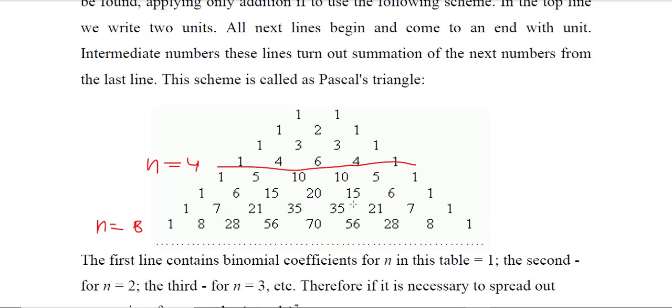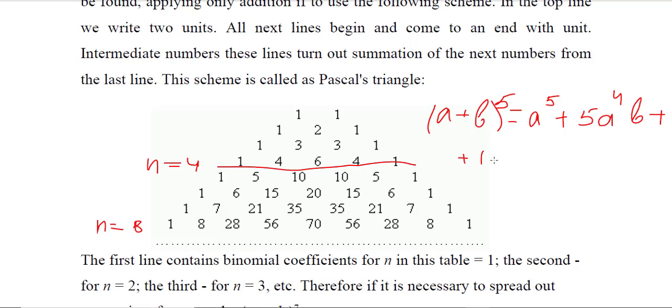coefficients of our binomial. And what does it mean? For example, if we want to write for n = 5, so (a plus b) to the fifth power, it is equal to: the first coefficient is 1, so it means a to the fifth power, then plus the next coefficient, which is 5, then the next one is 5, and now look here, the power of a decreases by 1 and the power of b increases beginning from 1, plus the next coefficient is 10, so it means 10, and the next one is a cubed, b squared, so the sum of powers should be 5, and plus the next one is also 10, 10